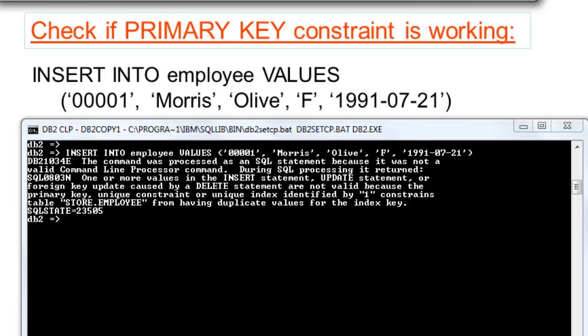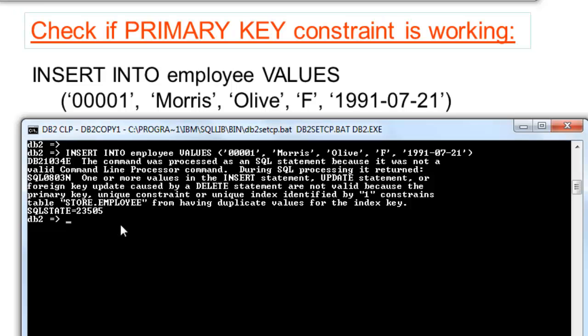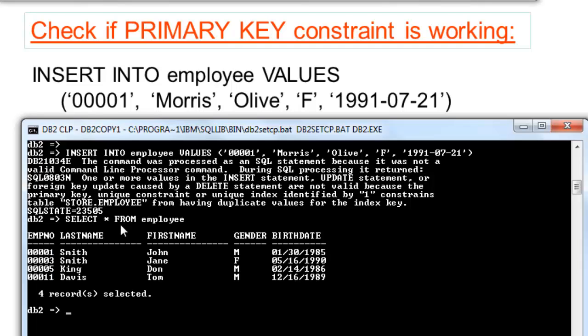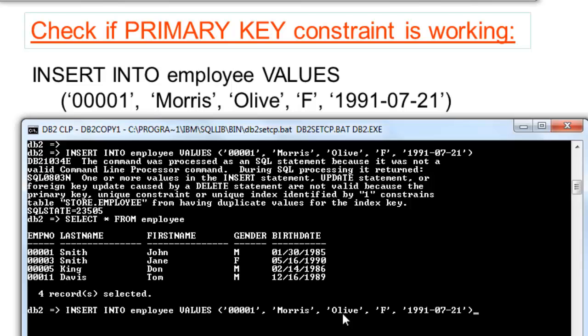Empno with the value of 00001 is already existing. That is why the inserted row was not accepted. 001 is owned by John Smith. Let us use our arrow keys to edit the statement.